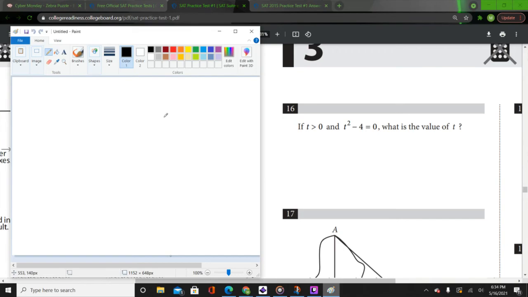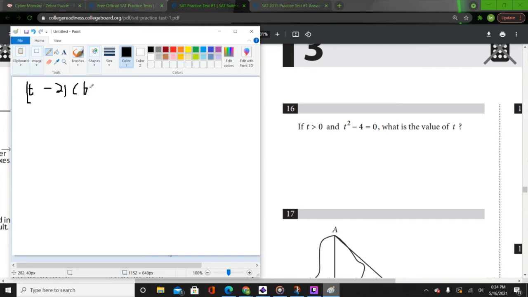So if T is greater than 0 and T squared minus 4 is 0, what is the value of T? Well, first we'll do T squared is equal to 4. Or actually, no, we're not even going to do that. We'll use difference of two perfect squares: T minus 2 and T plus 2. Granted, we could just add 4 to both sides, take the square root, and only the positive root of that, in which case T would be equal to 2, which is the correct answer. But in this case, we're going to